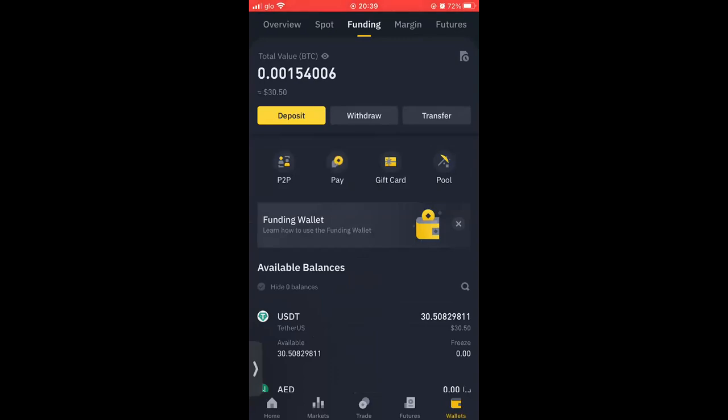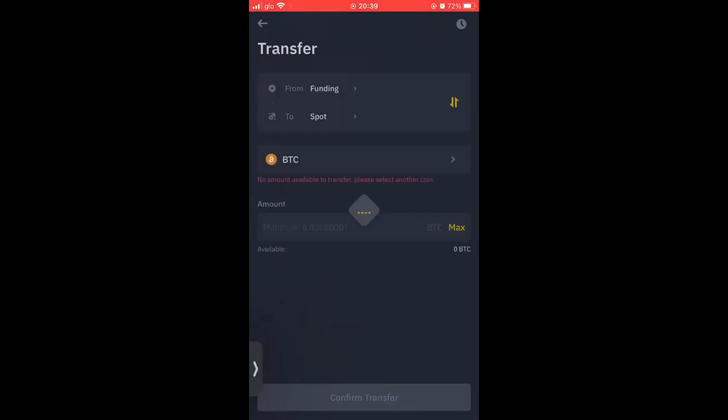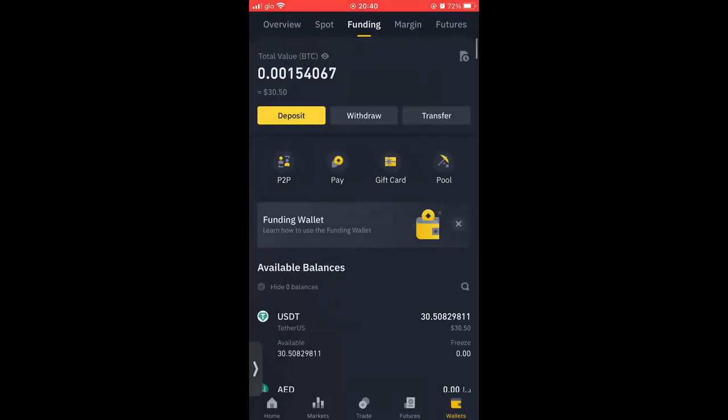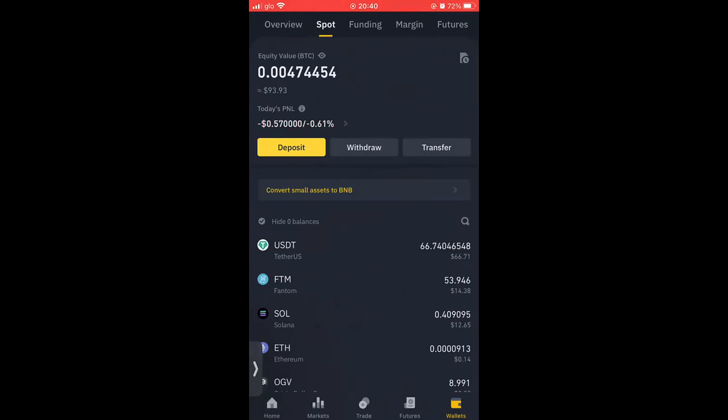Let's say I have this in my funding wallet, or any wallet that it is, and I want to trade in my futures. Remember, guys, this is a funding wallet. This is a spot wallet. This is the wallet aspect.